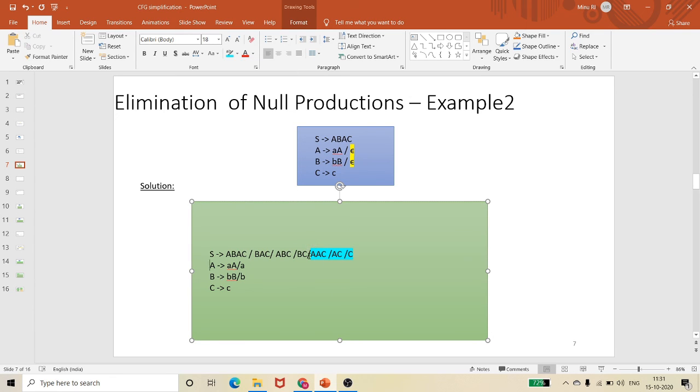productions where I have A. So already there is a concept that A has epsilon. A has epsilon means there may be a chance that I may omit this production. So better we should substitute epsilon and see whether we are getting a new production. If I am substituting an epsilon over here for this A, I will be getting AC. AC is already there, so no issue. If I am substituting both A's, I may get C, which is already there. Again, if I am substituting epsilon over there, I will be getting C, which is already there.